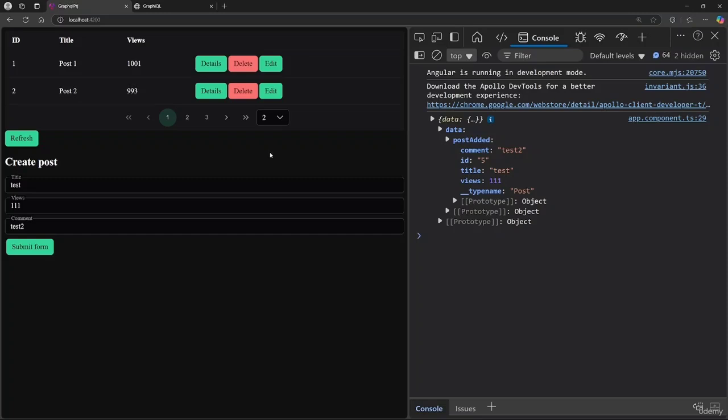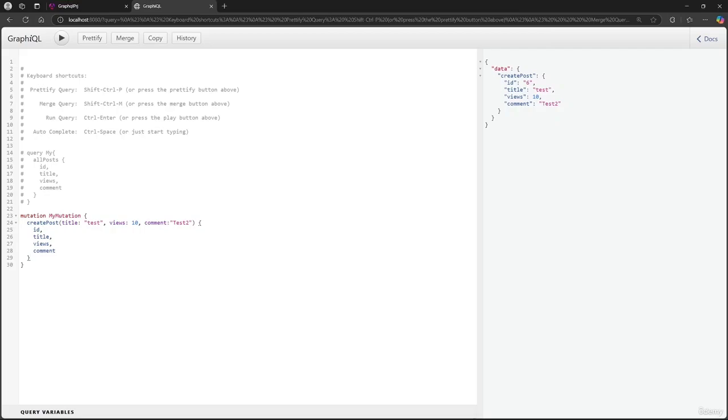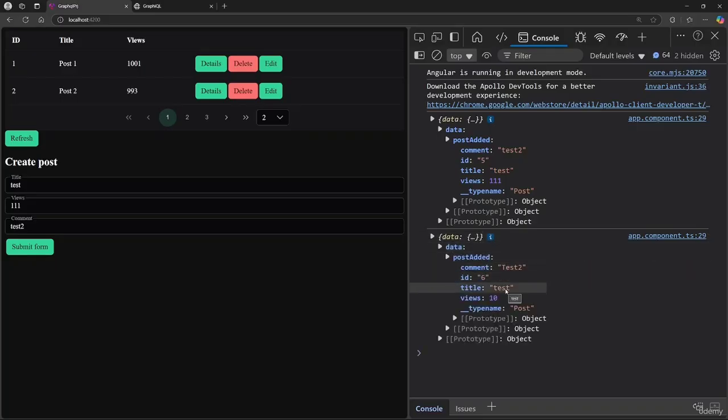Now, to show that it also works when another client adds a post, let's switch to GraphiQL. Here, I've prepared a mutation that also adds a post, with the title set to test. I run the query and switch back to the application. Once again, we see a console.log that printed the new post. This means that we've successfully configured WebSocket communication, and we now have a live data stream from the server. This kind of setup would make it possible to build something, for example, like a chat application,